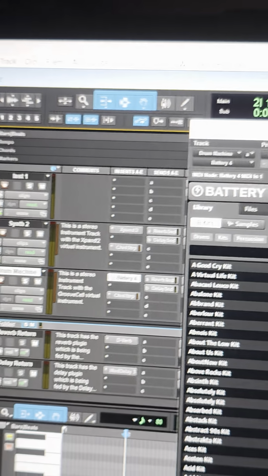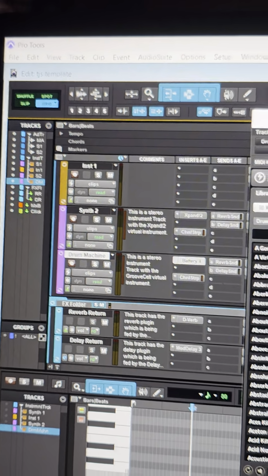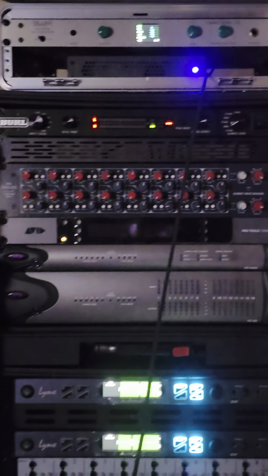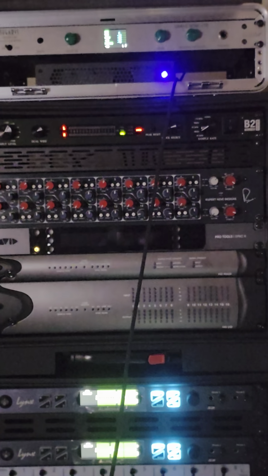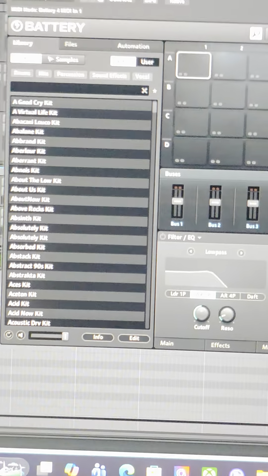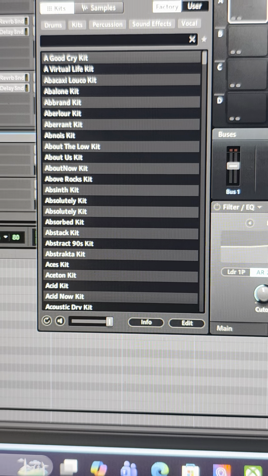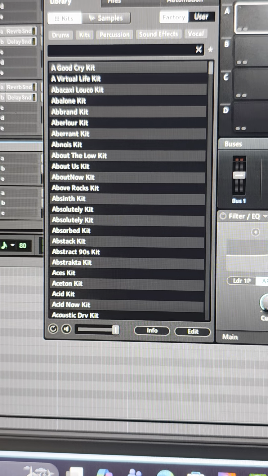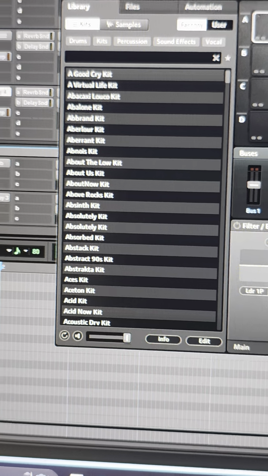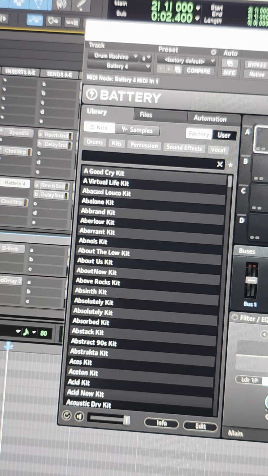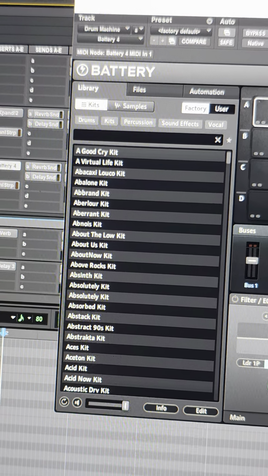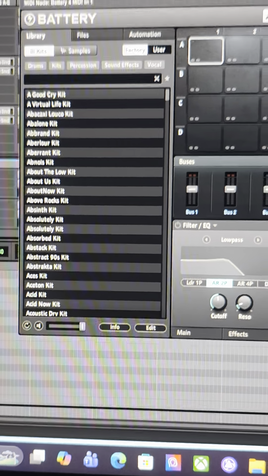And plus, Pro Tools, this is Pro Tools Ultimate. HD rig right there. And it sounds amazing. Crystal clear sound. Perfect sound. Zero latency. That's why it's the industry standard. Now, I can actually route, I can use